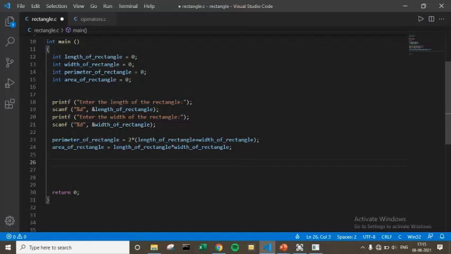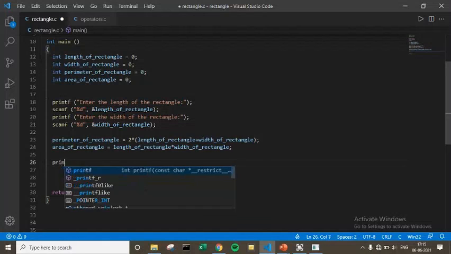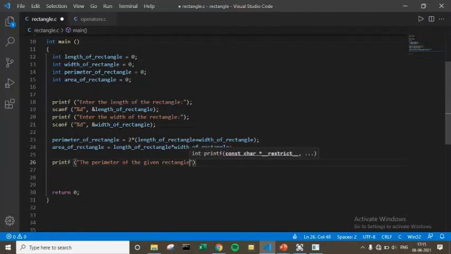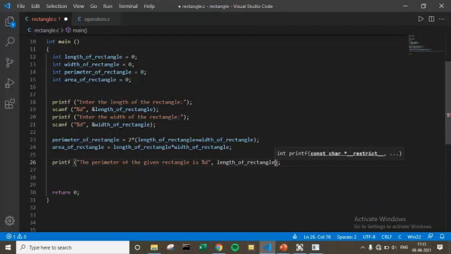So let's print out these. Printf the perimeter of the given rectangle is %d. Length of rectangle.